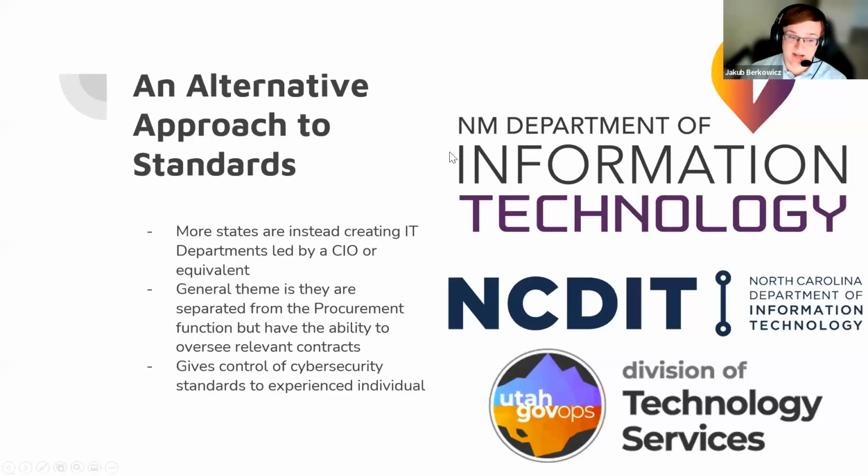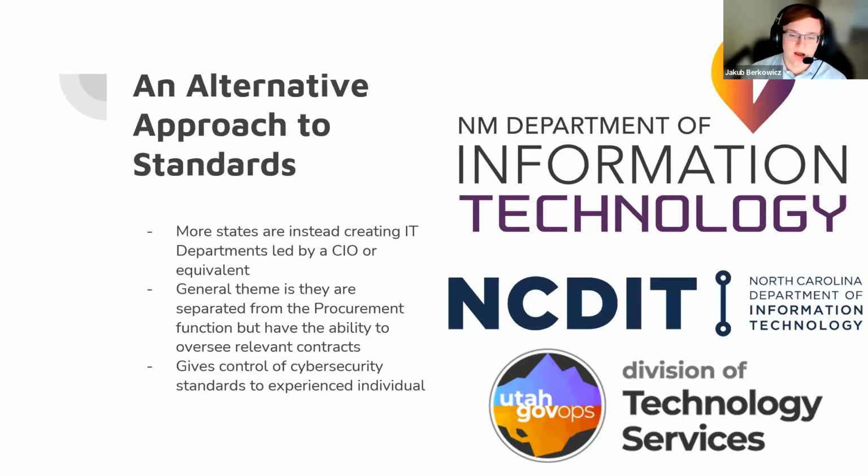So now the focus is going to be on cybersecurity outside of procurement codes. The vast majority of statutes I found don't exist in procurement codes. There's an IT department or its equivalent, led by the CIO, and the CIO is typically in charge of both determining the cybersecurity plan for the entire state and determining whether or not contracts are accepted by the state agencies. This could be done by a variety of methods. Either the contracts have these provisions within them, or the CIO has final say on whether the contract can even be accepted if they don't like the lack of security within, or if it's not to their standards. It's not within the procurement code, but it's like the final check you have to go through